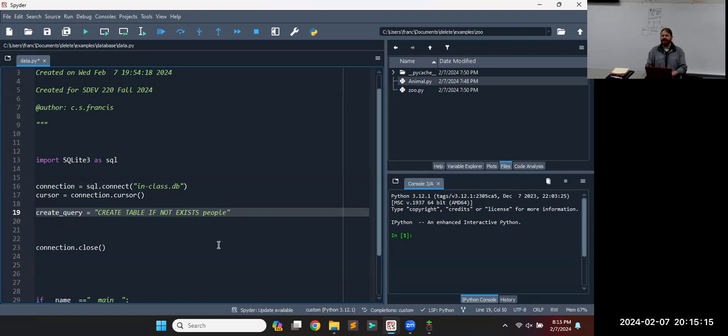My standard classroom example is people with name, age, and town. I'll do it in Pascal case. It's good form: Pascal case for table names, camel case for field names. And we'll do name, age, town, nothing too fancy. And then SQL ends with a semicolon,